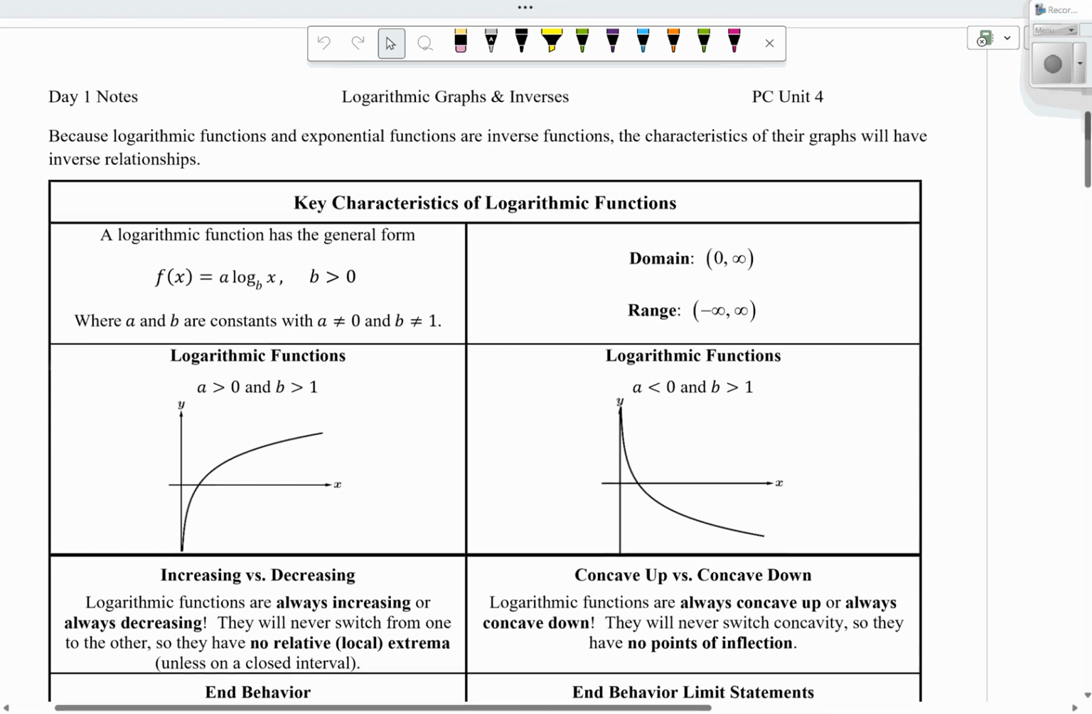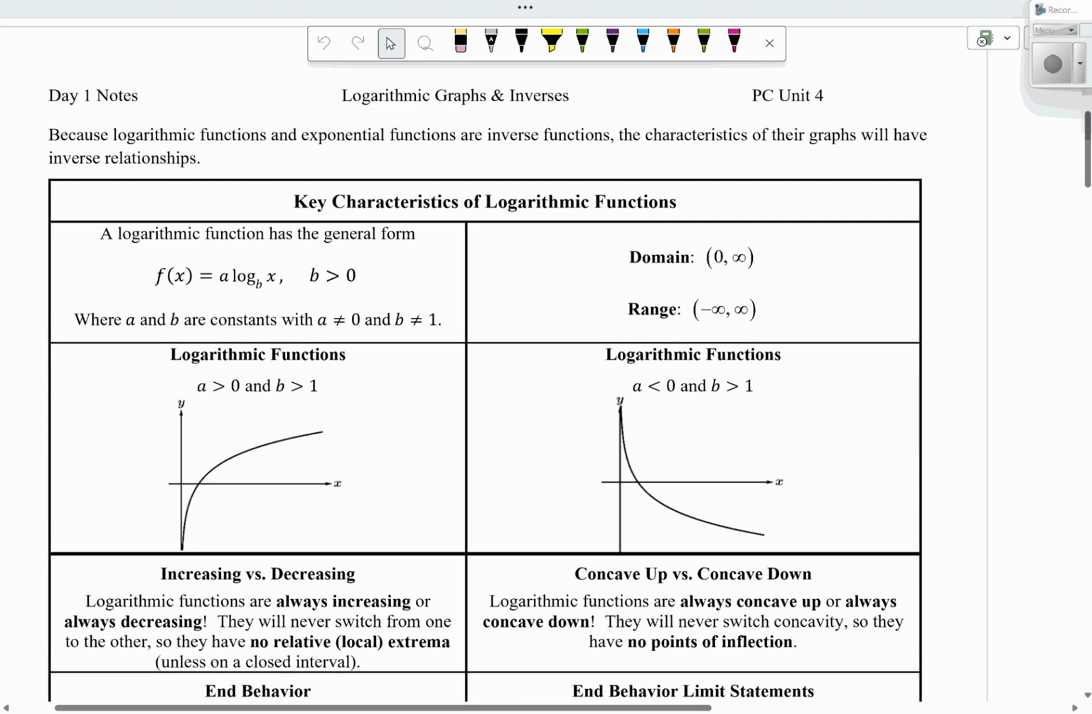Today we're going to talk about logarithmic graphs and inverses. Because logarithmic functions and exponential functions are inverse functions, the characteristics of their graphs will have inverse relationships. So a logarithmic function has a general form f of x equals a times the log base b of x, where b is greater than 0, and a and b are constants with a not equal to 0 and b not